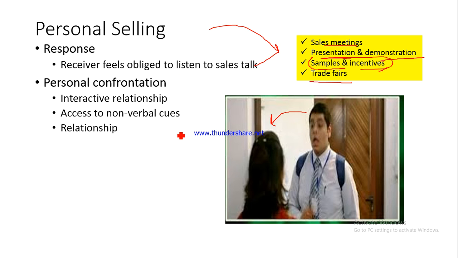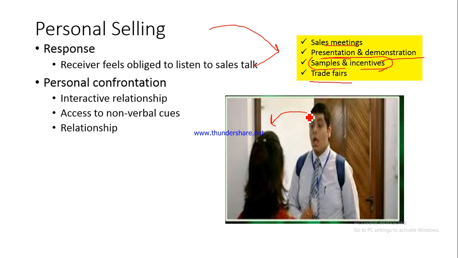Then personal confrontation takes place. There's a give and take between the sender of the message, that is the salesperson, and the receiver of the message, that is the lady in this particular picture. So there's an interactive relationship. Then this person has access to non-verbal cues, so he can understand the mindset of the customer better. Non-verbal cues means gestures and postures, or maybe winks or smiles. That will give the salesperson an idea as to how this lady is thinking and how she is planning to respond to his